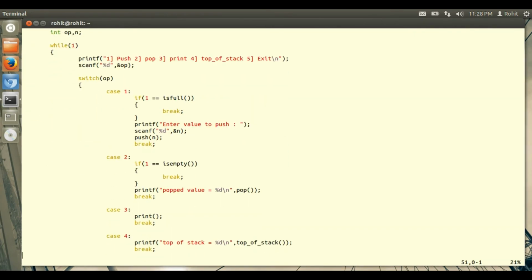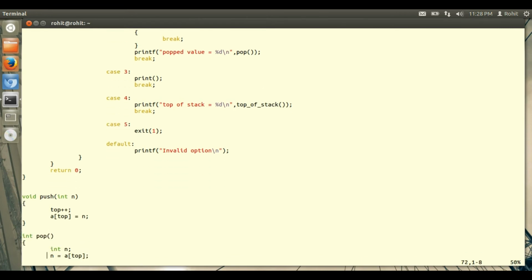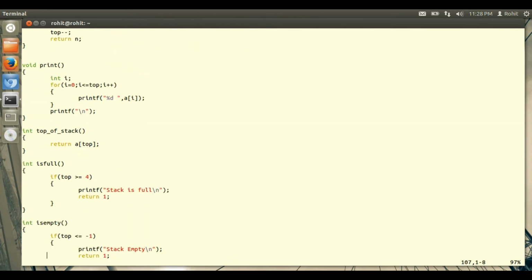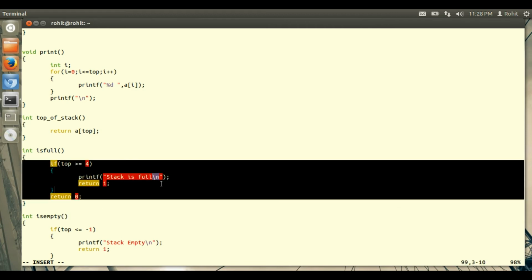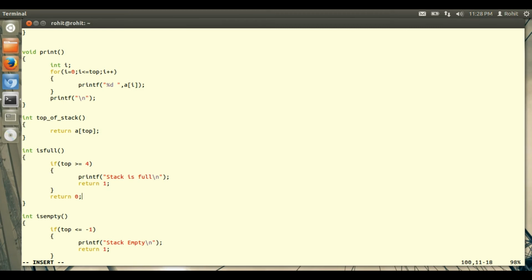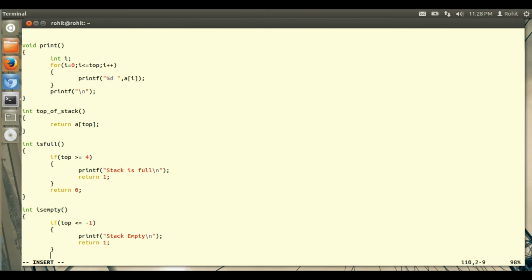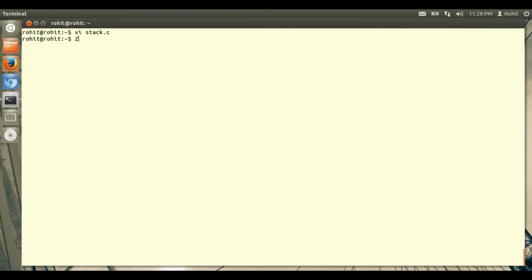Now we can compile this code. First we'll check if there is any error or not. So looks fine. Okay, so here in the false condition we can return the value 0. That means if this function returns 0, the stack is not full. If it is returning 1, that means the stack is full. And the same thing we can do for the empty function, return 0. Now we'll compile this code